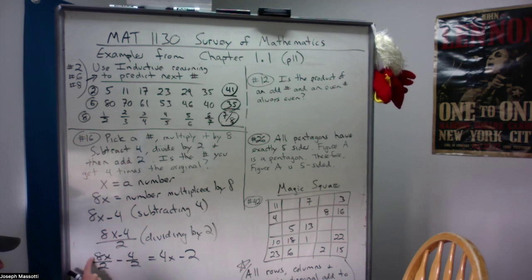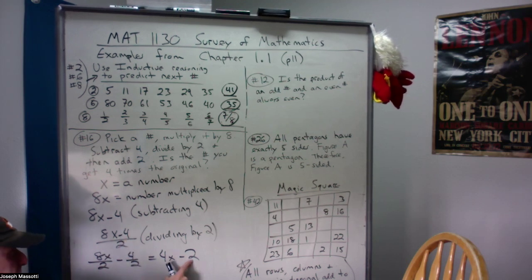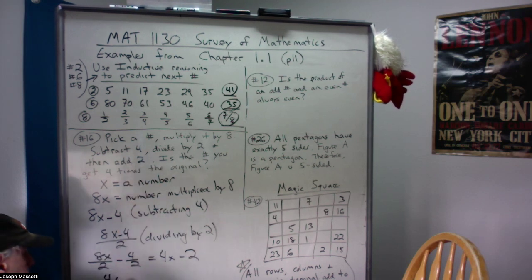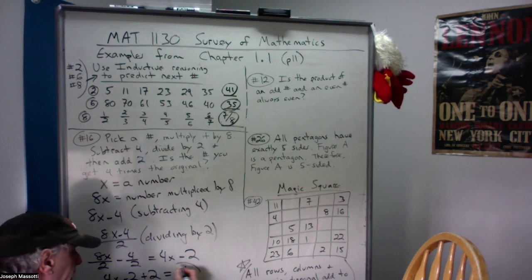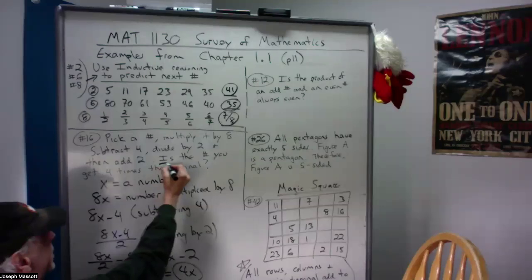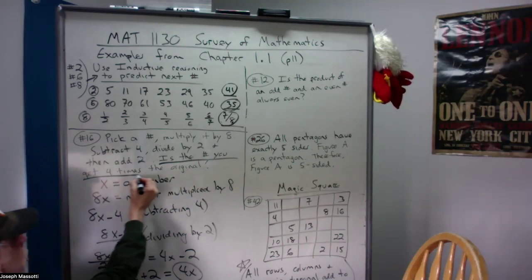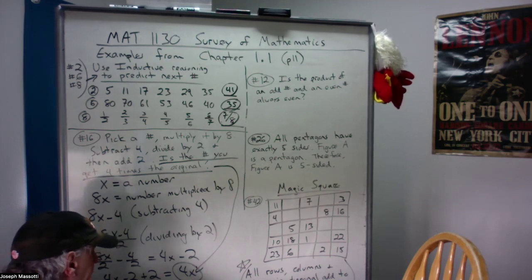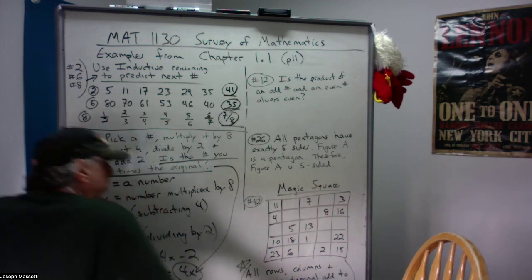8x over 2 reduces down to 4x. Negative 4 over 2 reduces down to negative 2. And then it says as a last step, add 2. So 4x minus 2 plus 2 leaves us with 4x. Is the number you get 4 times the original number? Your answer is yes. Okay, so that's how you show that